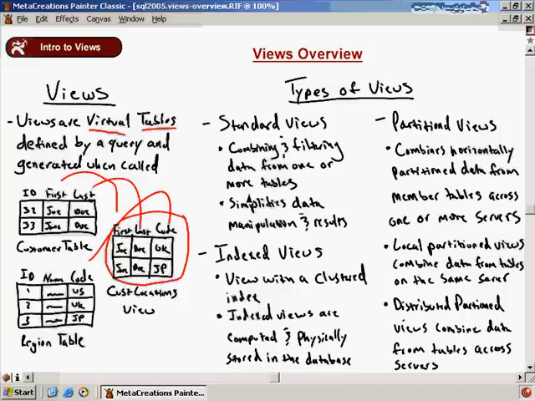Save yourself some time, and then you can just grab data from the view rather than rewriting that query every time. We also have indexed views, and indexed views are a great addition to SQL Server. An indexed view is really just a view with a clustered index on one of the columns within that view. Now, there's a big difference, and it's really an architectural difference here between an indexed view and a standard view,